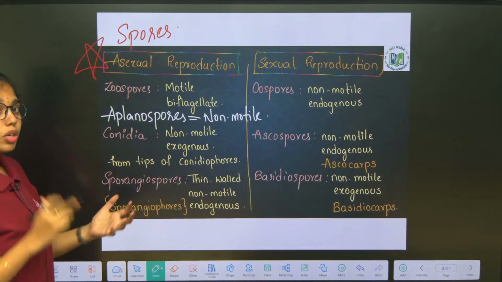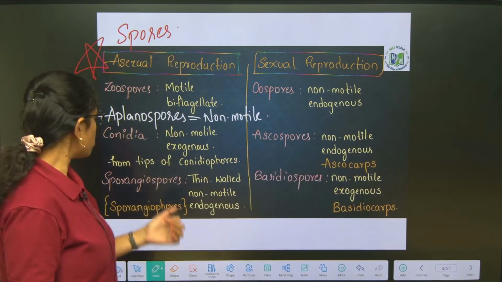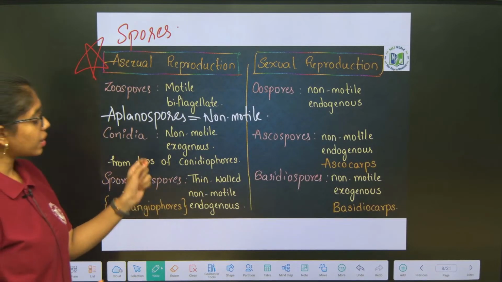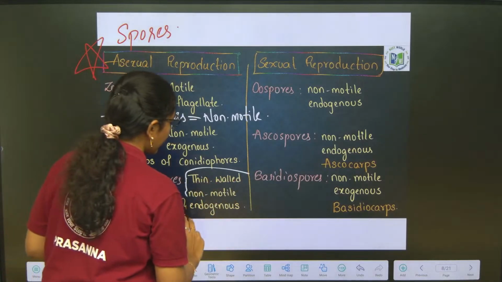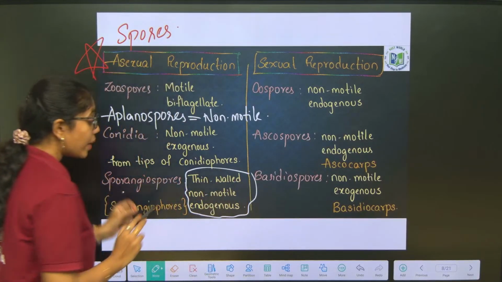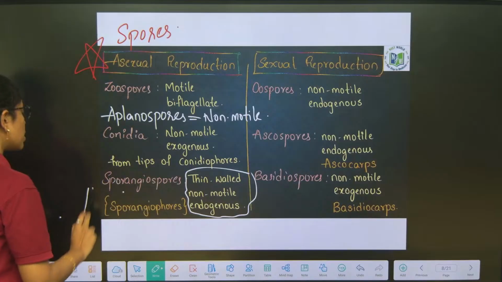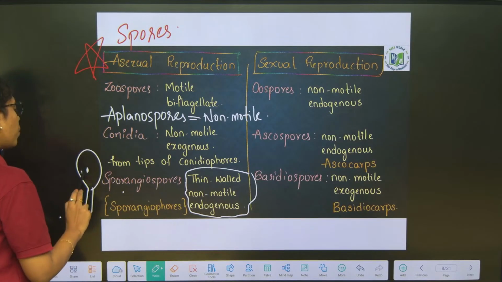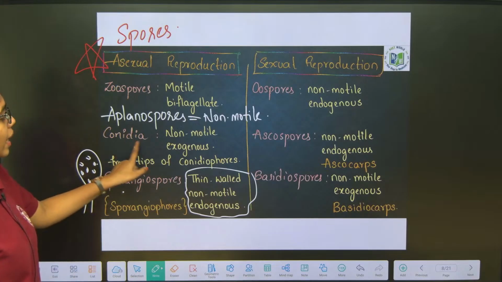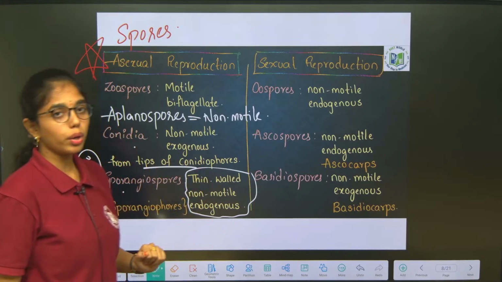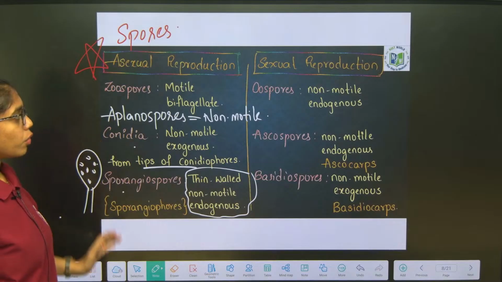Conidia are non-motile and exogenously produced. Sporangiospores, they are thin-walled, non-motile, endogenously produced from the sac, what? Sporangium. Clear, right, ma? So, conidia are released from the tips of the conidiophores. So, these are the 4 spores of